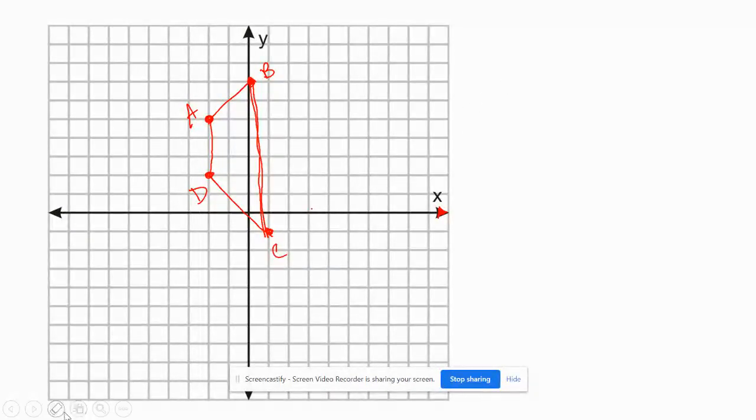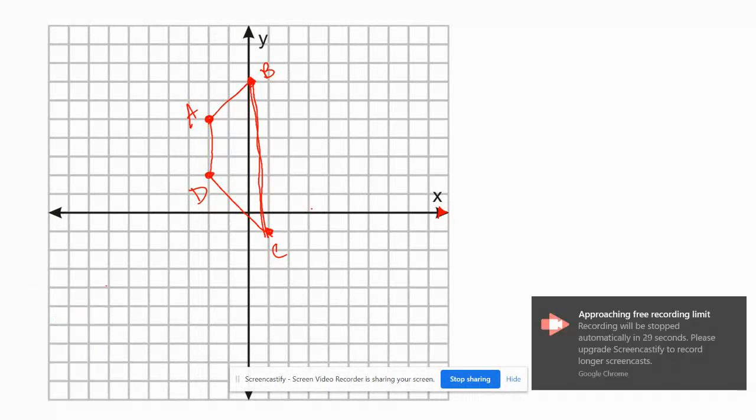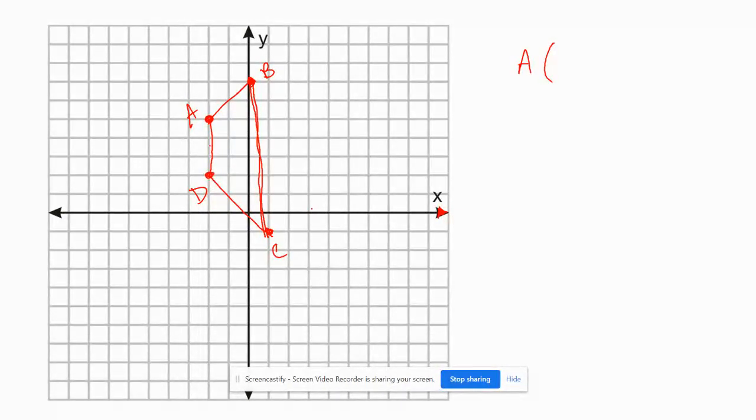Okay, so if I have A here, it would be -2, 1, 2, 3, 4, 5. So -2, 5. B would be 0, 1, 2, 3, 4, 5, 6, 7. 0, 7. C would be -1. All right, this is +1. I'm sorry, +1, -1. And D would be